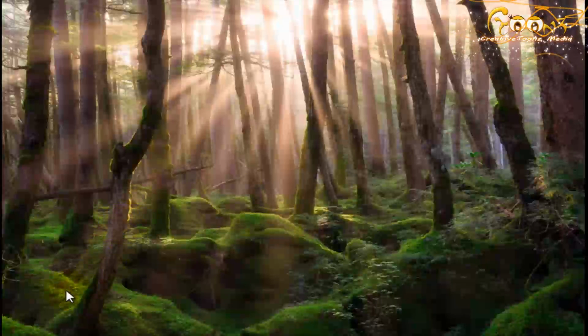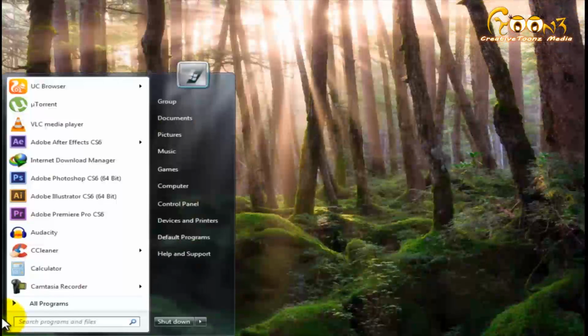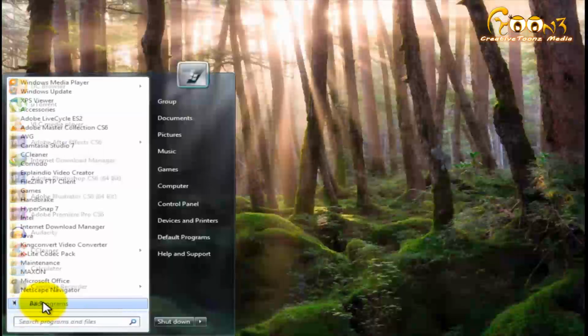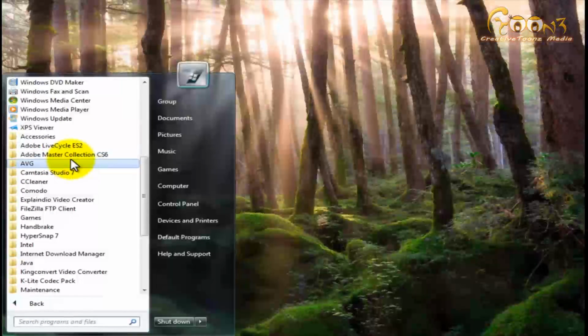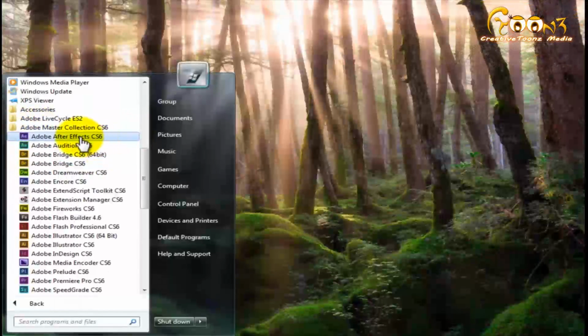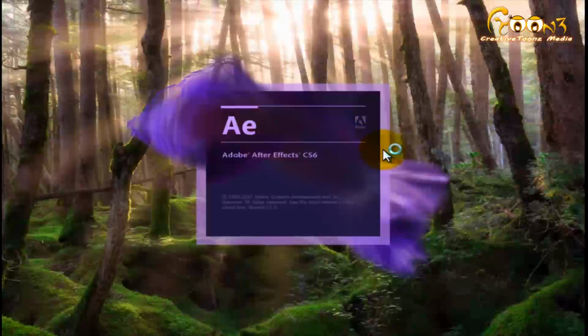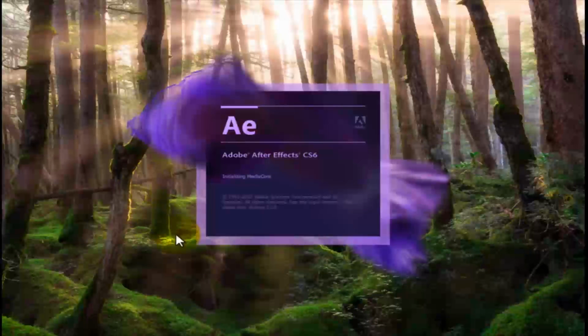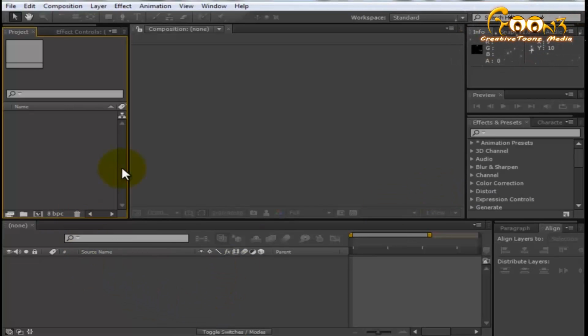So for starting After Effects, just go to your Start and choose All Programs. And if it is Adobe Master Collection, then open the folder and just start with After Effects CS5. The CS5 version is the current version of After Effects, and when it's open, you can see that there